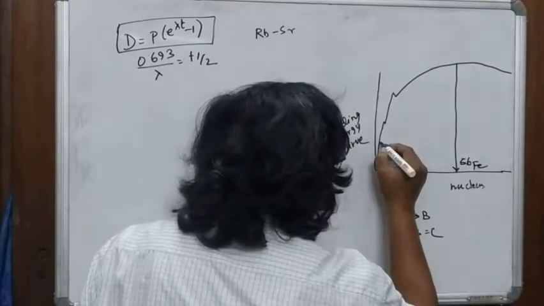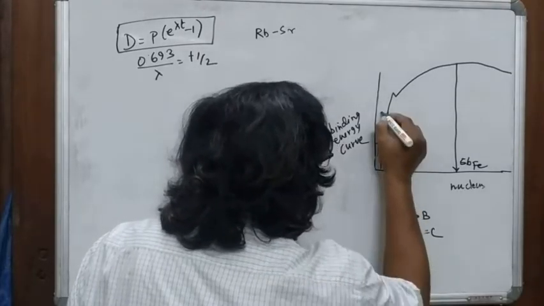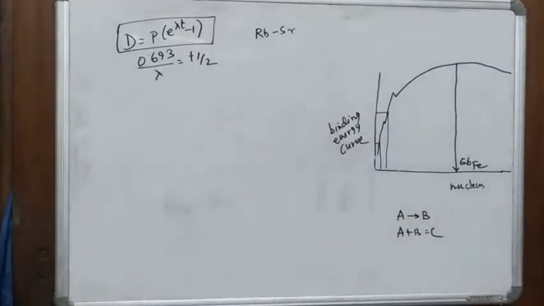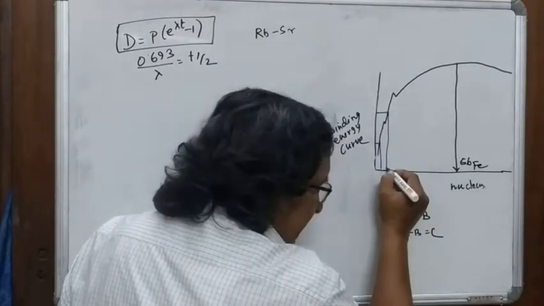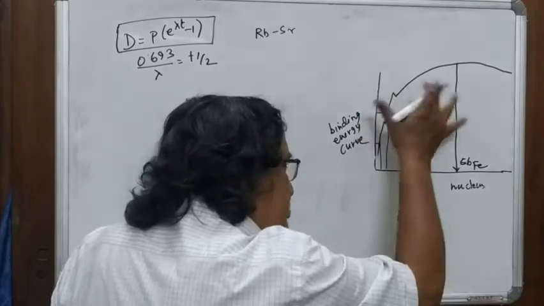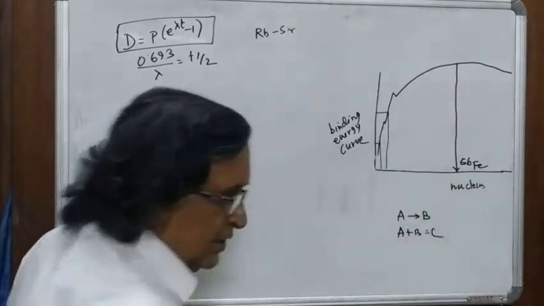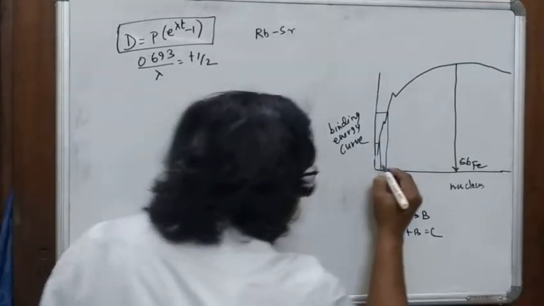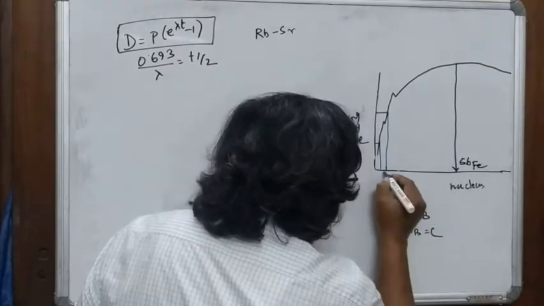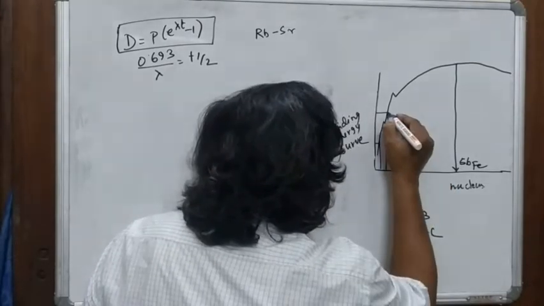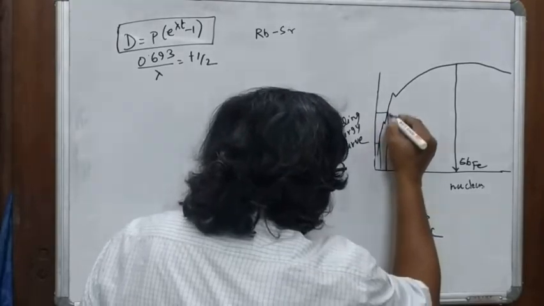I take a point here and I draw this, and I take a point here and I draw this. So what happens here, you can see the heavier nuclides, in other words, if you look at the binding energy curve, the one that occurs after this part of the curve. The heavier, this is the direction of increasing nuclides. So the heavier nuclide has a lower binding energy than this one. So what happens,